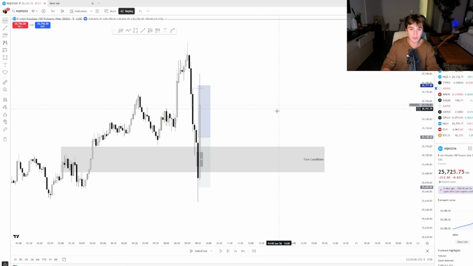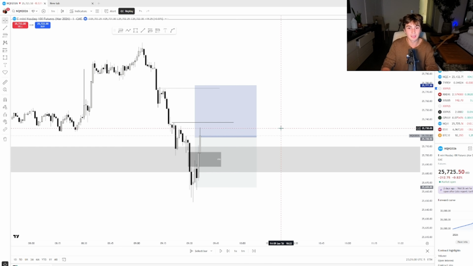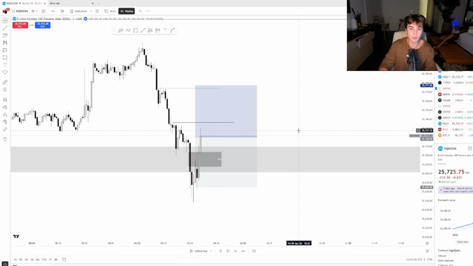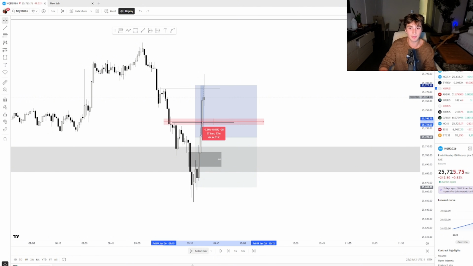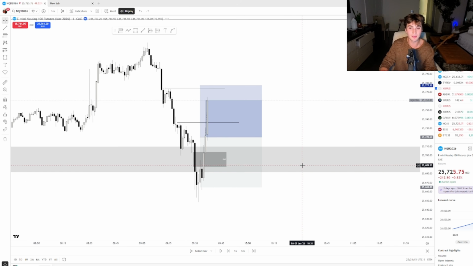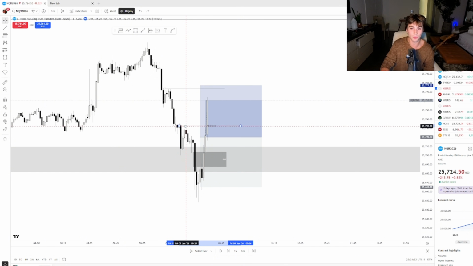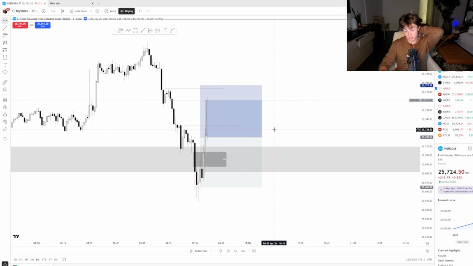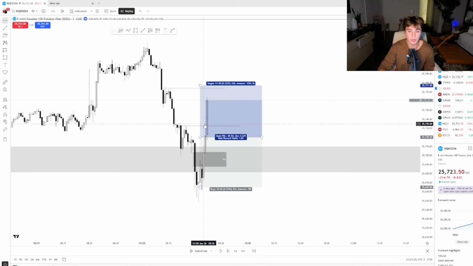But we also have a 5-minute gap right here. So we want to make sure, like I said, that when we are inside 5 or 15-minute gaps, we either want to be taking profits or be break even because we don't have good enough RR yet. In this case, price is pretty close to the 5-minute. So we enter here. Once it hits this gap right here, this 5-minute, we want to be break even. In more ideal market conditions, this should be further, or at least 1:1 away, and you can take profits immediately, or take profits when it hits, rather than having to go break even faster because